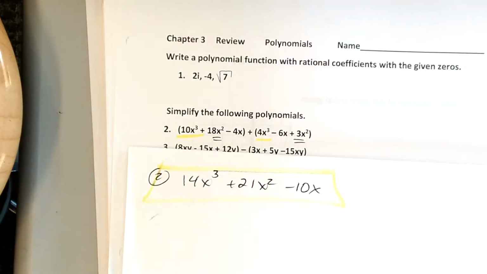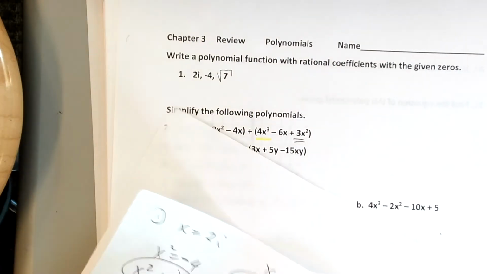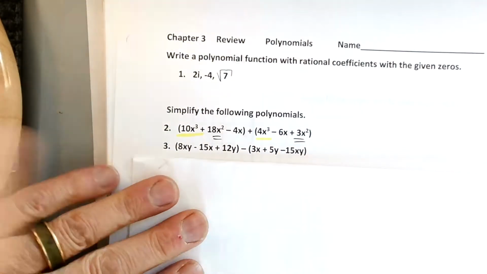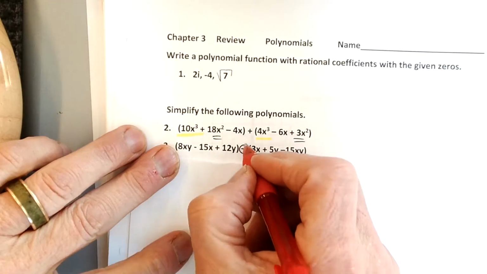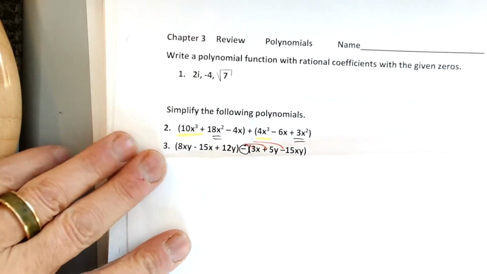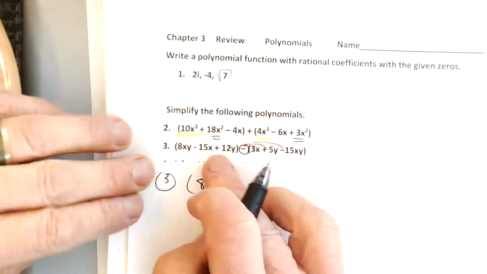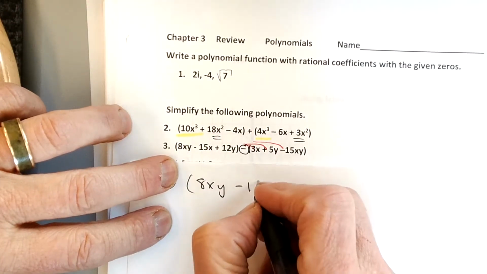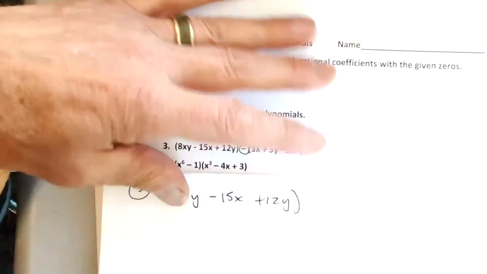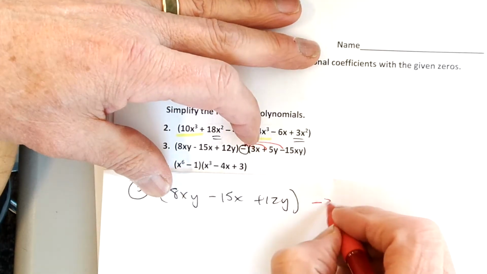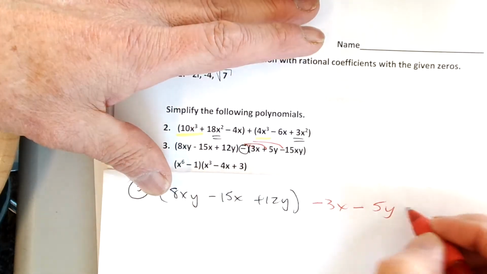Number 3, again, I'm going fast, but if you want to pause it, you can. To do number 3, first thing I'm going to do is multiply and bring through my negative, okay? It's just because I make mistakes, so I'm going to bring through my negative into everything, so I'm going to rewrite number 3 as, well, I'll have still my 8xy minus my 15x plus my 12y, and then I'm going to bring through my negative, so I'm going to make it a -3x and a -5y and a positive, negative makes a positive